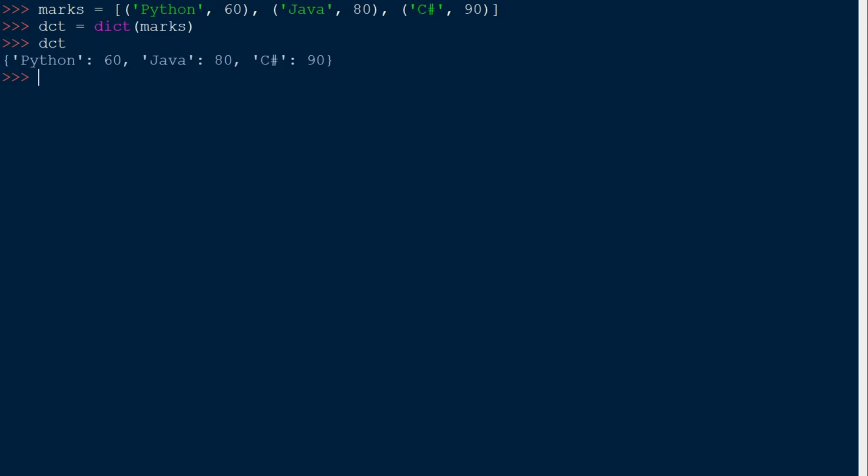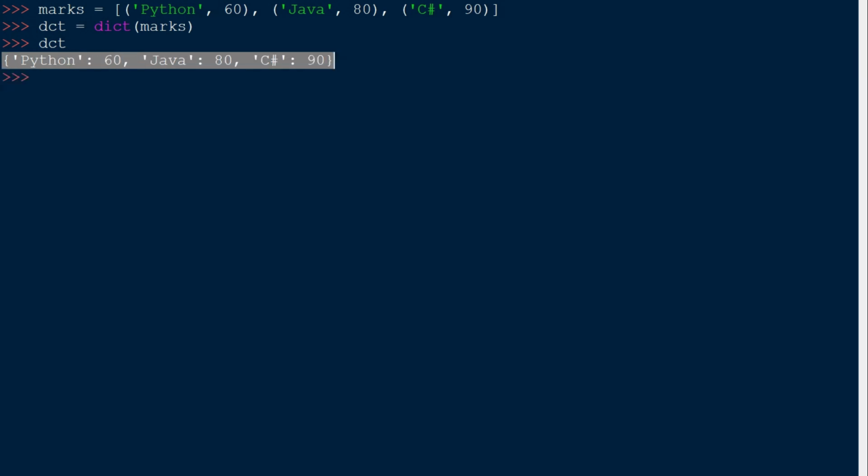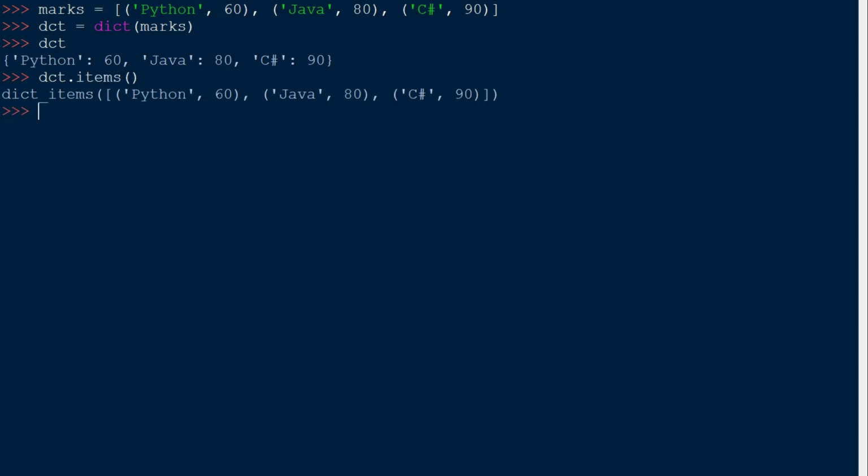Similarly, if you want a list of key value pairs from our dictionary, we can also do that. It is really simple. We just need to type dct dot items, open close round bracket, press enter. See, we got an items object, so we can convert it into a list as well. Let me save it into a variable.